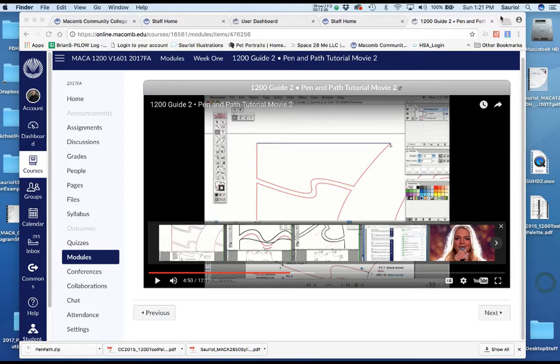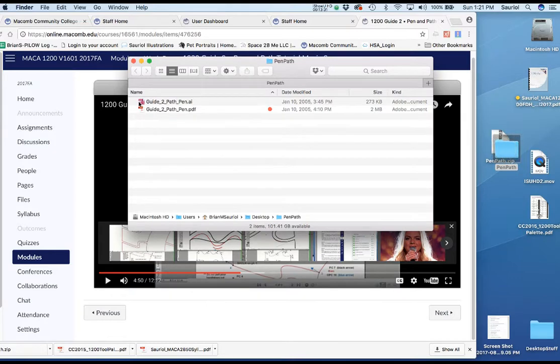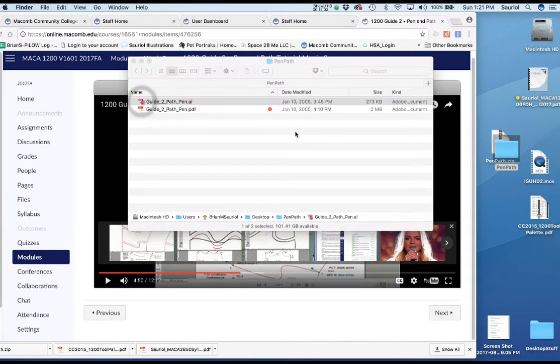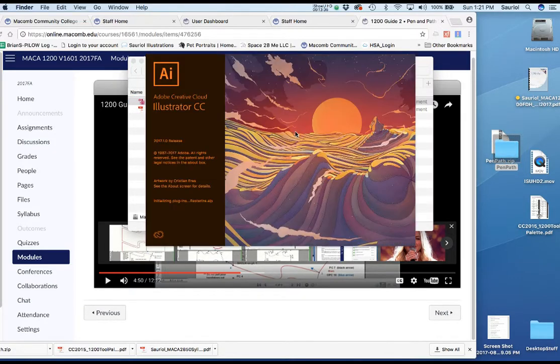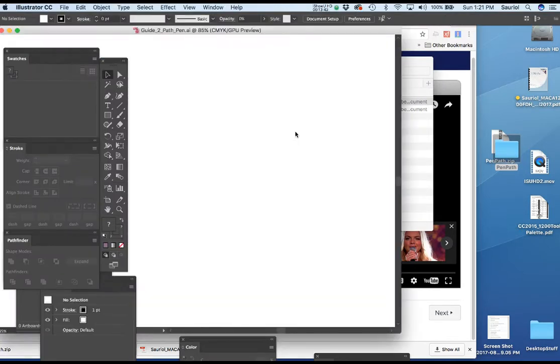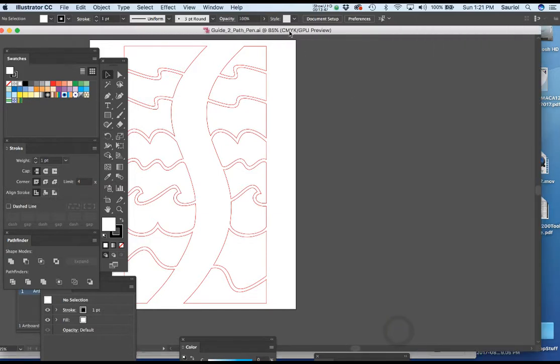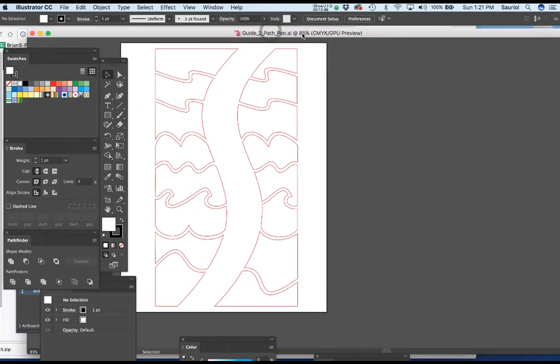So you would open this file up. I might need Illustrator opened, so I'm just going to open this up, okay? As I'm opening that up, I'll just go ahead and talk. The right way to use these tutorials, the movie tutorials, is to do a step, watch a step, and do a step. Now, a lot of students, and I'll say this right away, watch the whole movie. They're not that long.